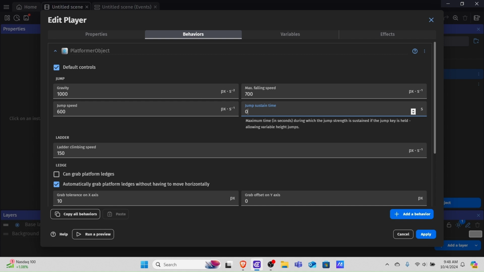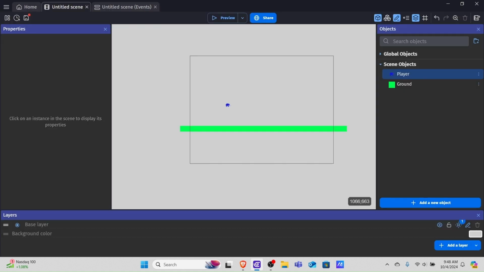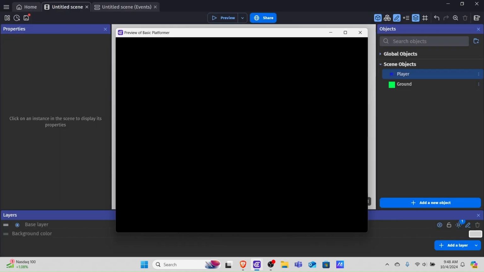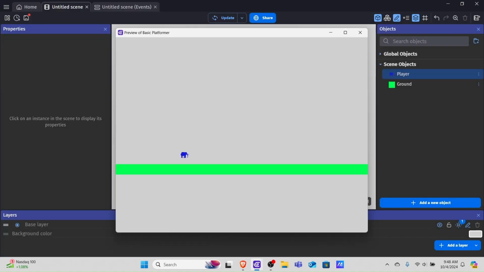So, if I set the jump sustain time to 0, no matter if we hold space or we just press it, it'll always jump the same height. So let's hit apply and preview this and test it out. If I hit space regularly, it jumps this height. This is me holding space. Now if I lightly press it, it's still jumping the exact same height because the jump